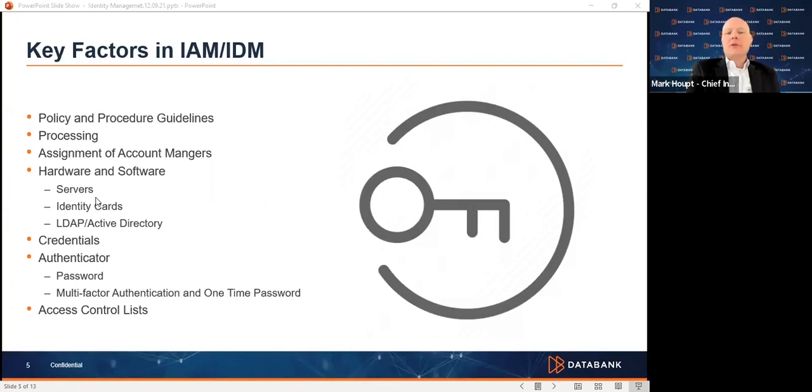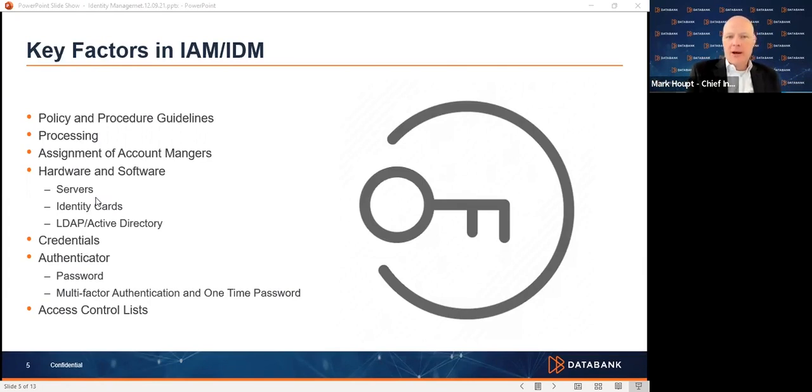So make sure that you have good policy and procedures, and understand that there's a difference between policy and procedure. Your policy is your guidance. This is how we're going to operate. This is what the IAM scenario is going to look like. And your procedures are going to be how you actually function within that. And keep in mind that these are guidelines as well. And certainly you're going to be audited against those. But guidelines are scenarios where they may have some aspects that are the rule of law, if you will, within your organization. But the guidelines are boundaries that your teams can work inside of to make sure that they operate correctly and process correctly.